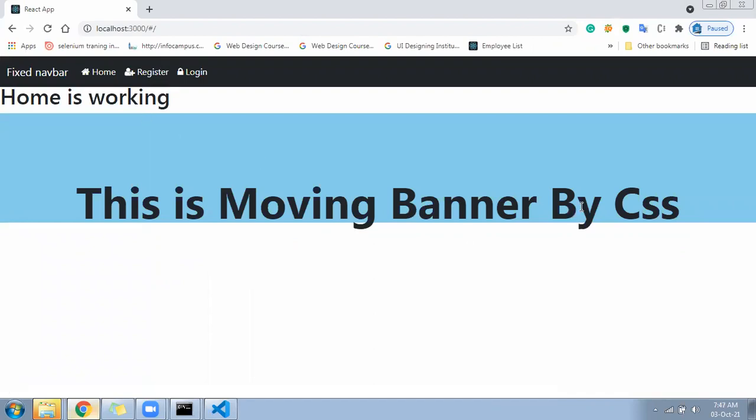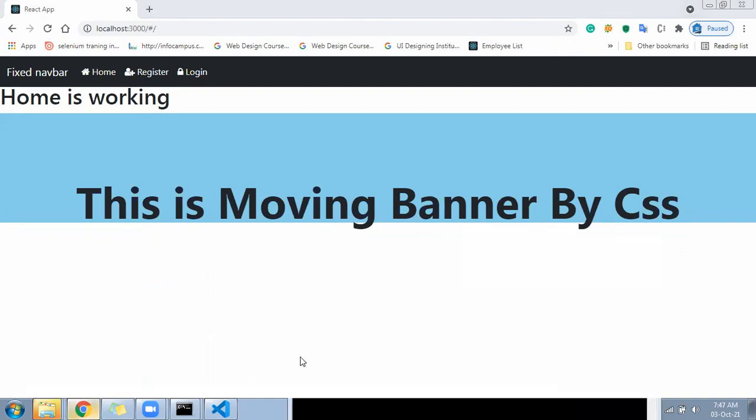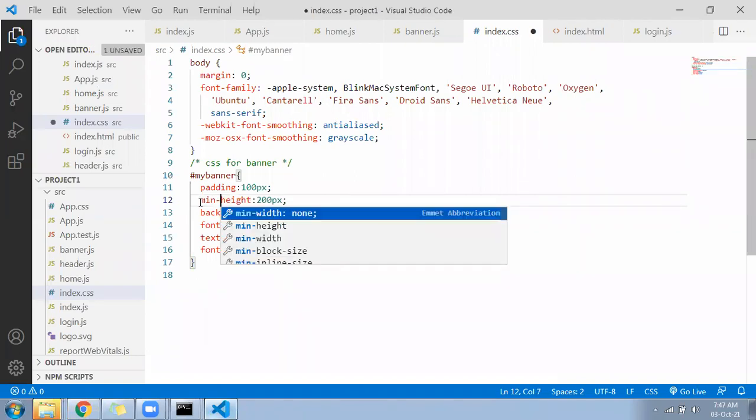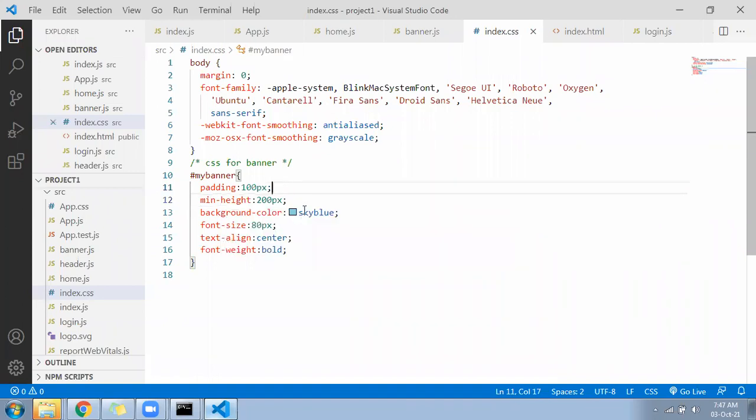No, this is height removed. Okay, do one thing, keep min height, but that should work here. Min height 200 px.